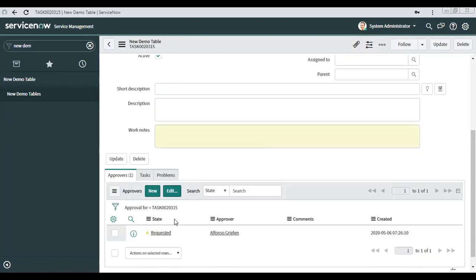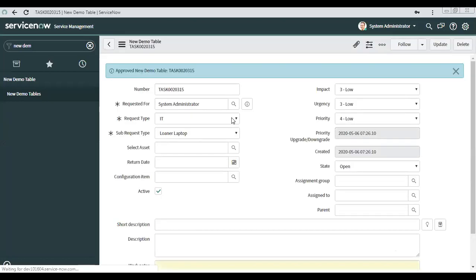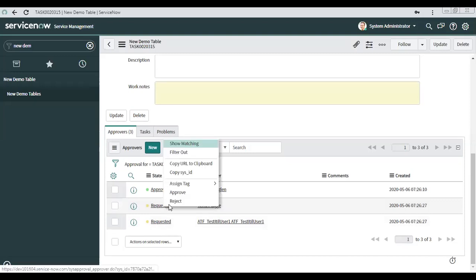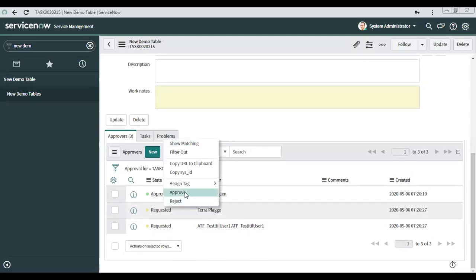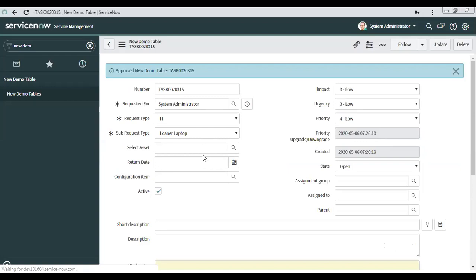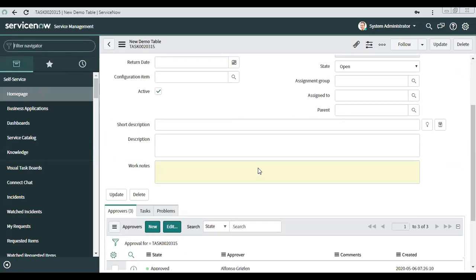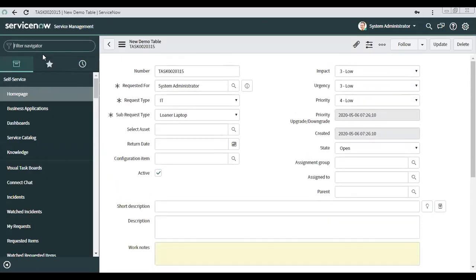So first it will go to the approval of the manager. Line manager, right? Yeah, once the manager approves, it will go to IT. Then let me show you the workflow of this particular request. So if I copy this, you can check it from here also, right? I need to create a UI action that doesn't come out of the box. That comes out of the box on the request; I have to create it for this table.